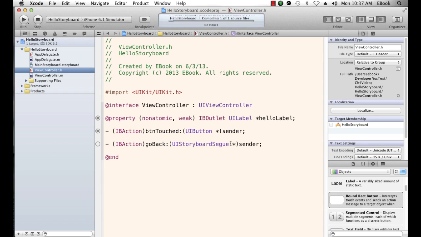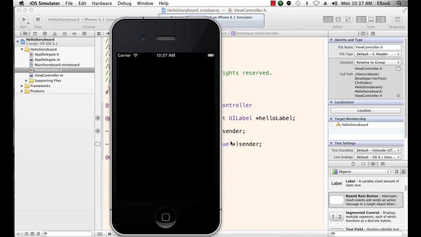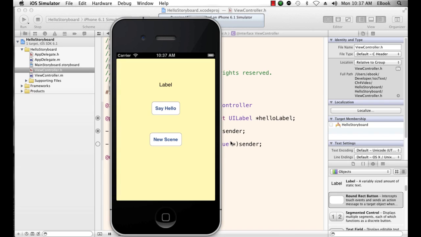But now when I run my application, I am releasing the second view to go back to the first view. And so I don't have an issue of potentially filling up memory with instances of my first view, then my second view, and my first view, as I would have if I had done it the other way. So we go to the new scene, and then when I click the back button, it's using that unwind segue